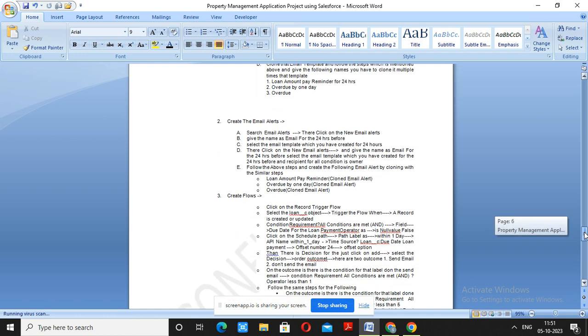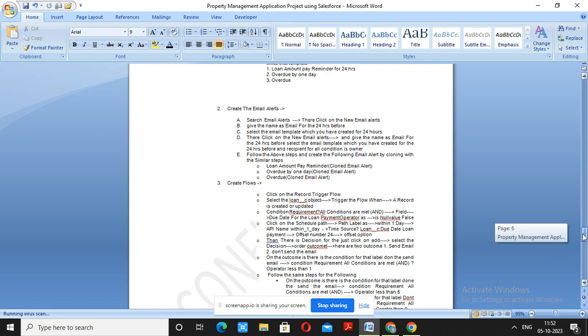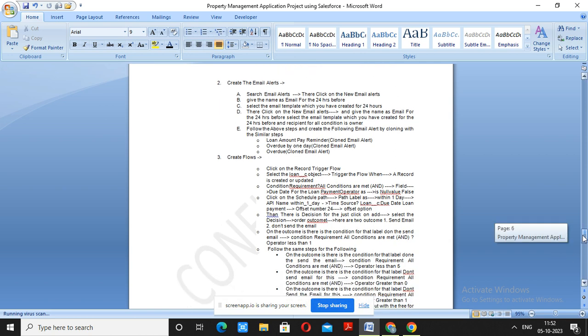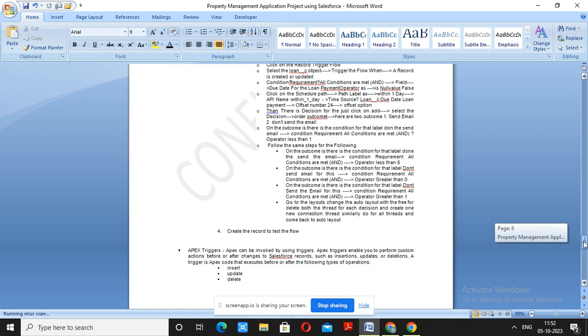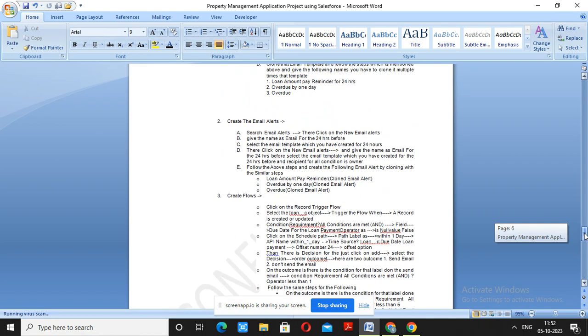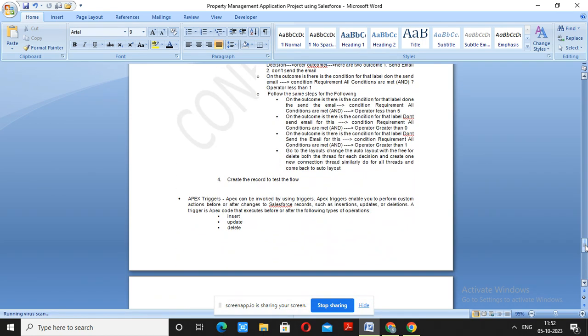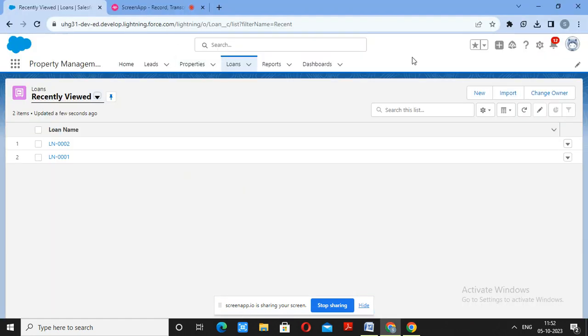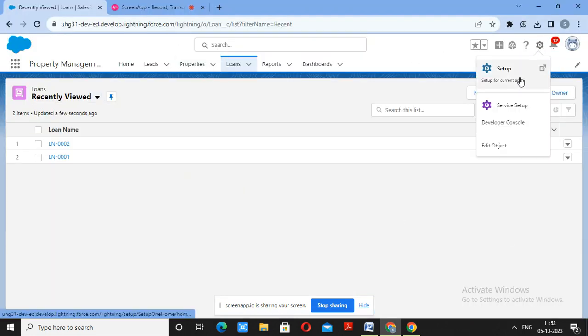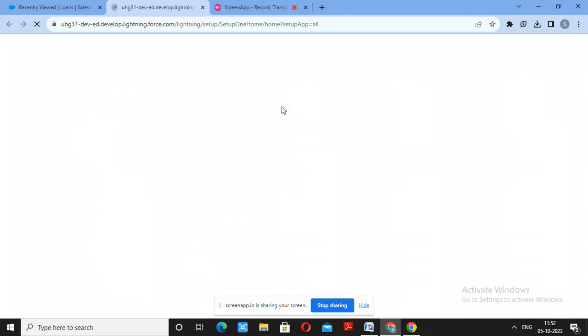So we have four different triggers. Your email will automatically get a notification to pay your required amount 24 hours before, on the overdue date, after the overdue date, and 5 days before. So we are creating the flow. You want to go to Setup, again Setup,